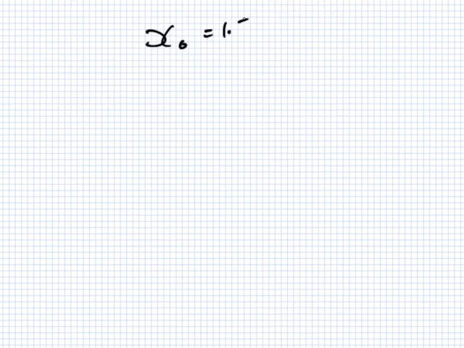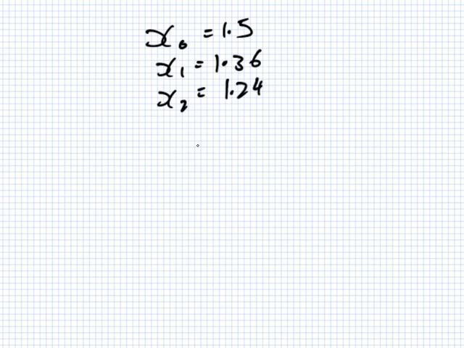x0 is 1.5, x1 is 1.36, x2 is 1.248, etc. So hang on, this is 2, 3, 4, 5, 6, 7, 8, 9, 10, 11, 12. Actually, it stopped at 11. So x11 is